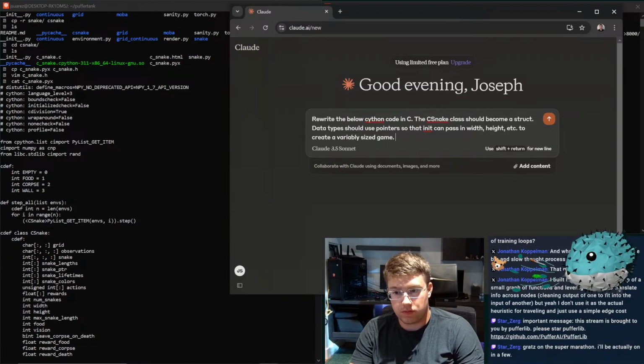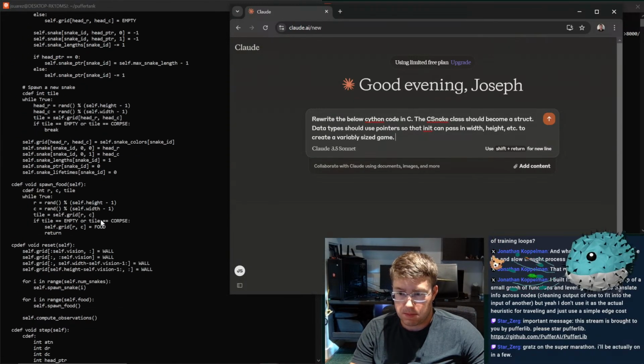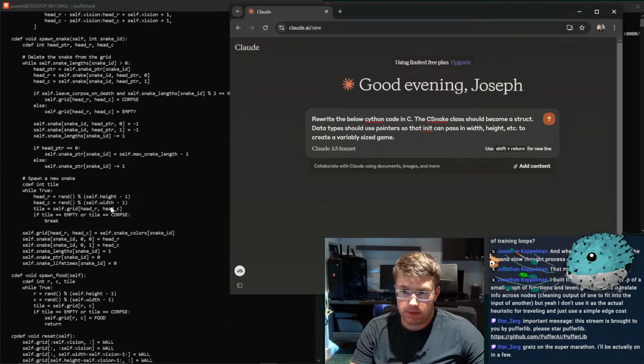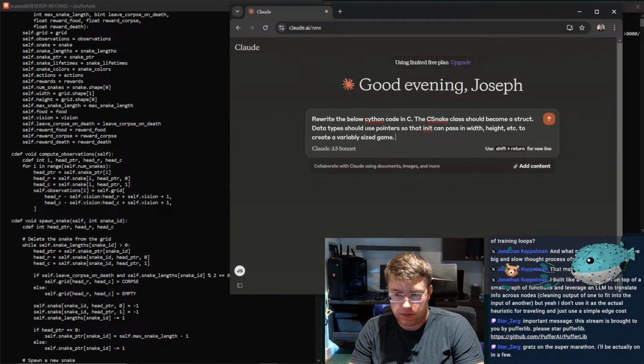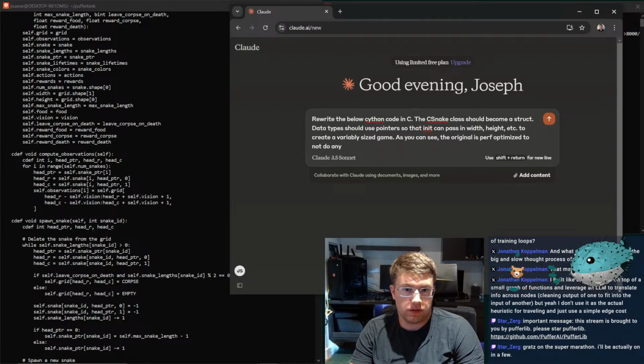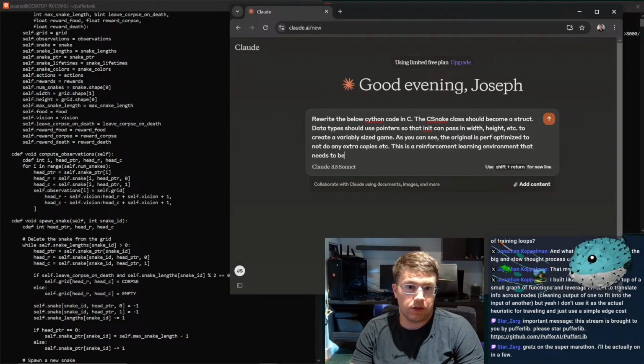Anything else I want to include in here? As you can see, the original is perf optimized, does no copies. This is a reinforcement learning environment. Needs to be fast.